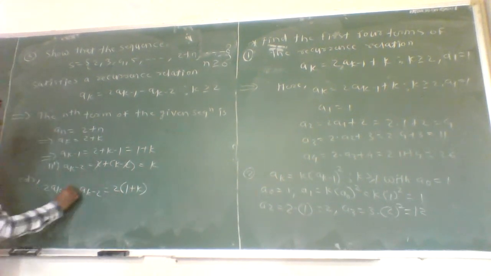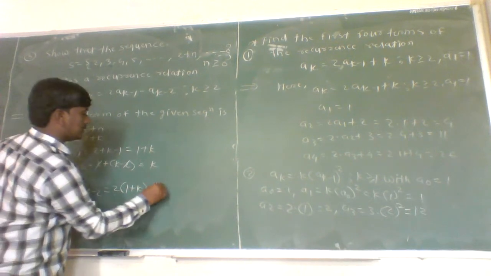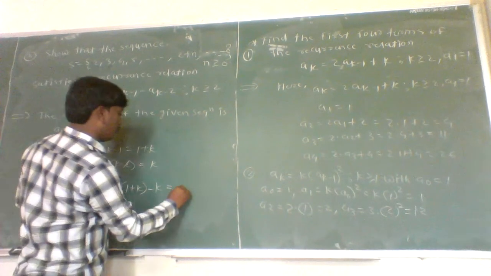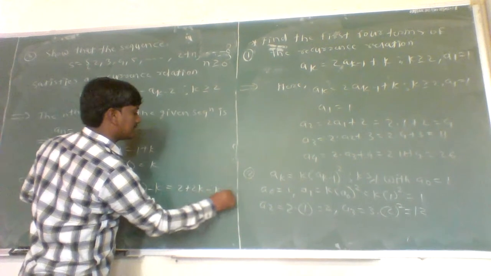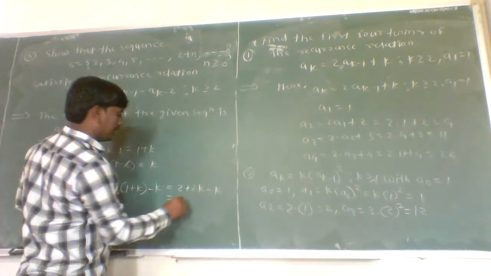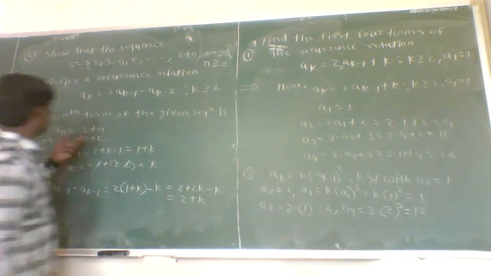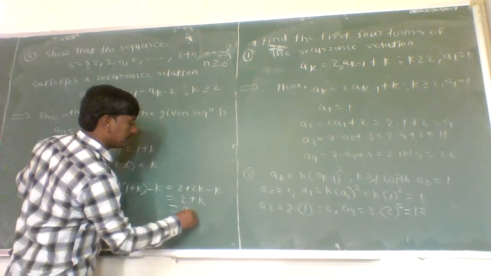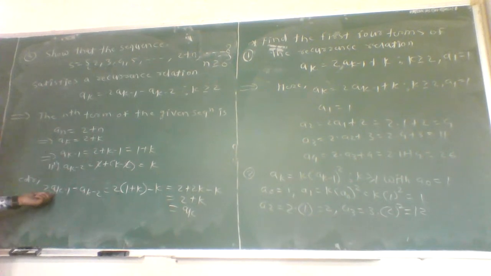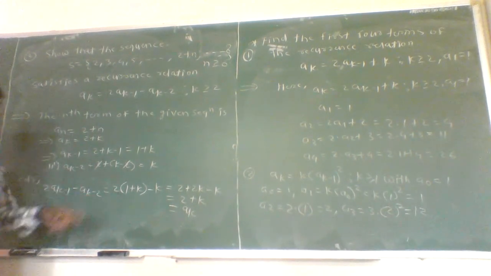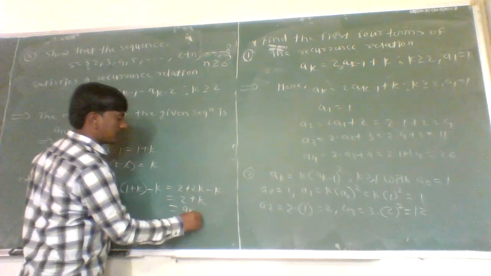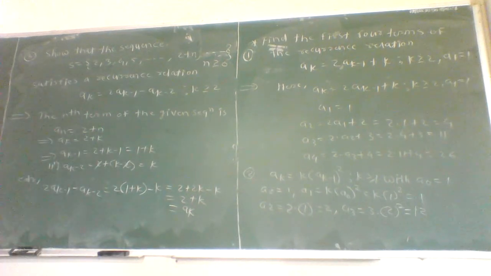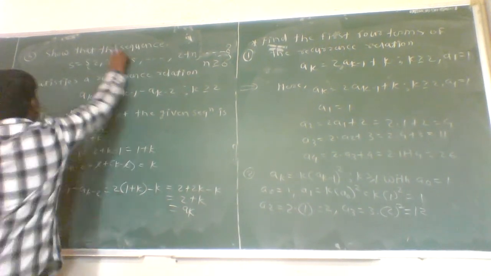Minus of a_{k-2}, which is minus k, which is nothing but 2 plus 2k minus k. 2k minus k is nothing but 2 plus k. But according to the given definition, a_k is nothing but 2 plus k. Therefore, 2 plus k is a_k. Therefore, a_k equals 2a_{k-1} minus a_{k-2}. Therefore, the given sequence satisfies the given recurrence relation. Okay. Now,